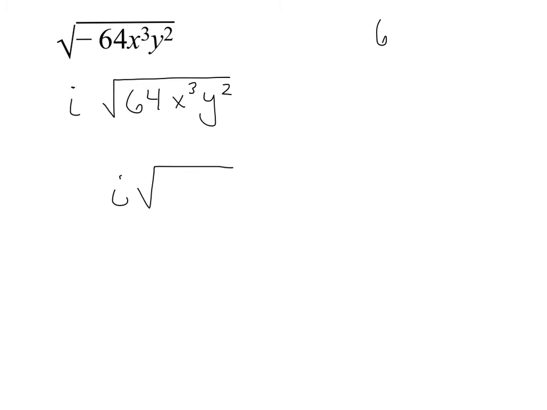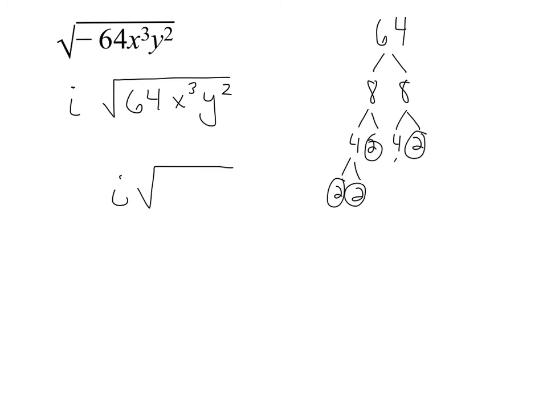inside. So if I do 64, that is 8 and 8. That's 4 and 2. And that's 2 and 2. And 2 and 2. So we basically have 64 as 6 twos all multiplied together. So I have one group of twos, two groups of twos, three groups of twos. Now, if you just want to recognize that the square root of 64 is 8, that's fine. But just to keep it consistent, I'm taking 3 sets of 2 out, and there's nothing left in, because all the prime numbers were taken